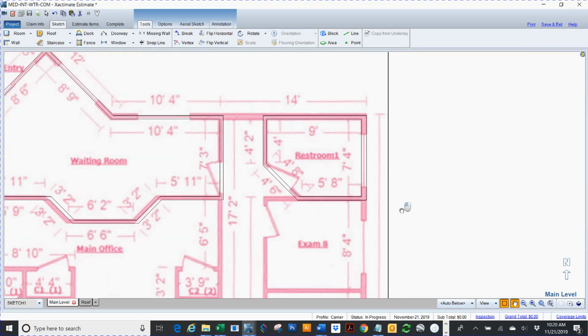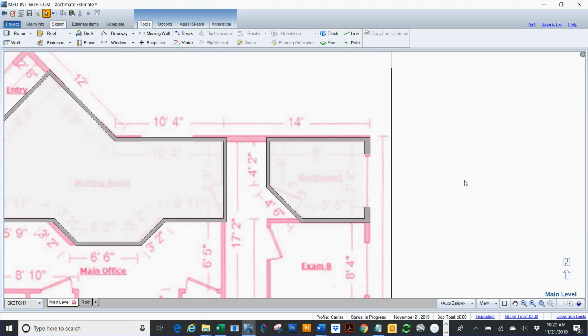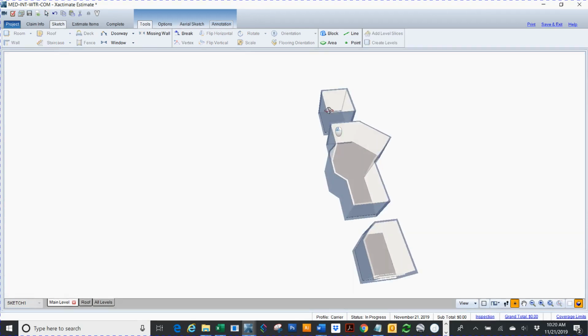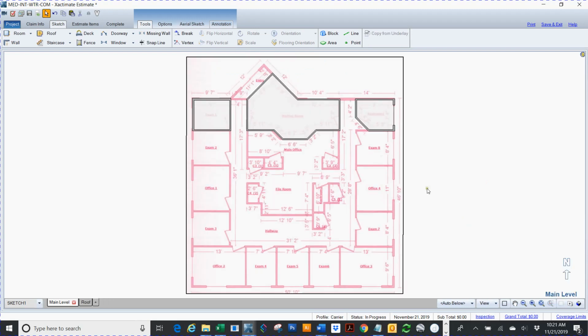For instance, let's say I have a window here, and I want to take it off of outline mode. I'm going to hit 3D. You see, if I wanted a window underneath here, that would be kind of hard to do in this mode. So basically, you would click here, or not, excuse me. If I hit 2 for 2D,